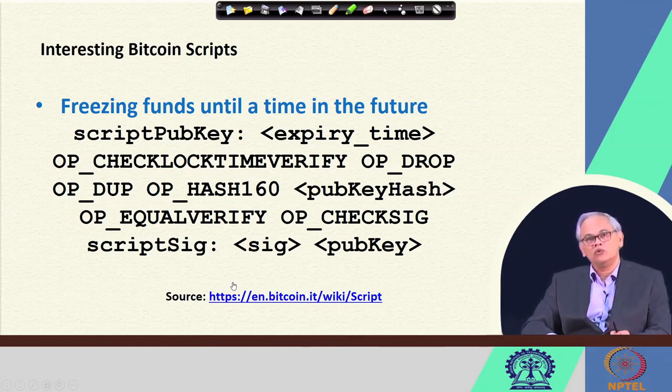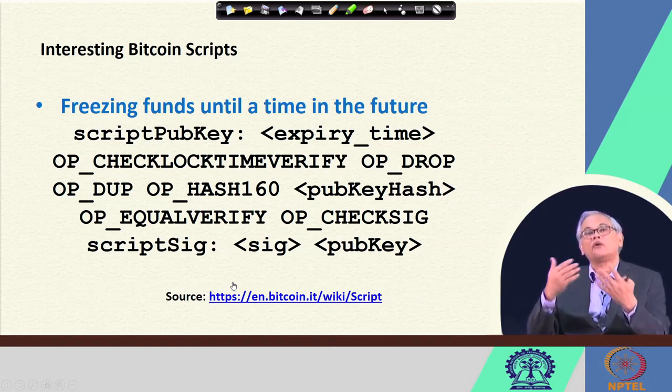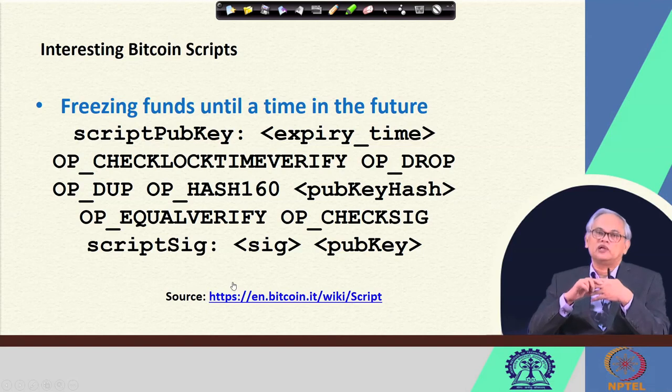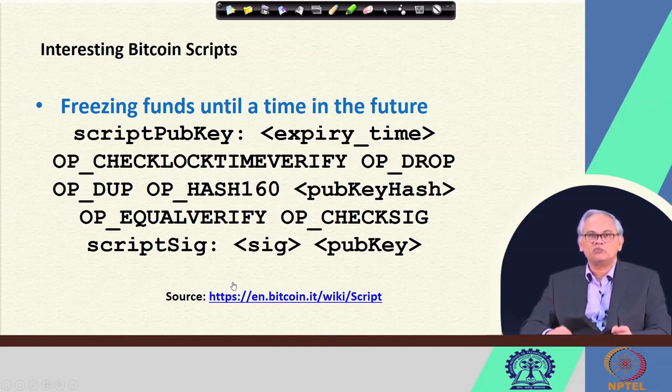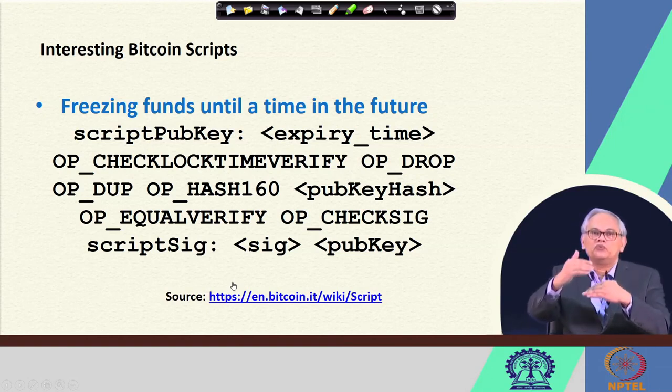So, what it will do is check whether the current system time is after the expiry time that is given. If it is before that, it will return false, so further such operations will not be processed at all. It checks the current system time against the expiry time, that means the time till which these funds